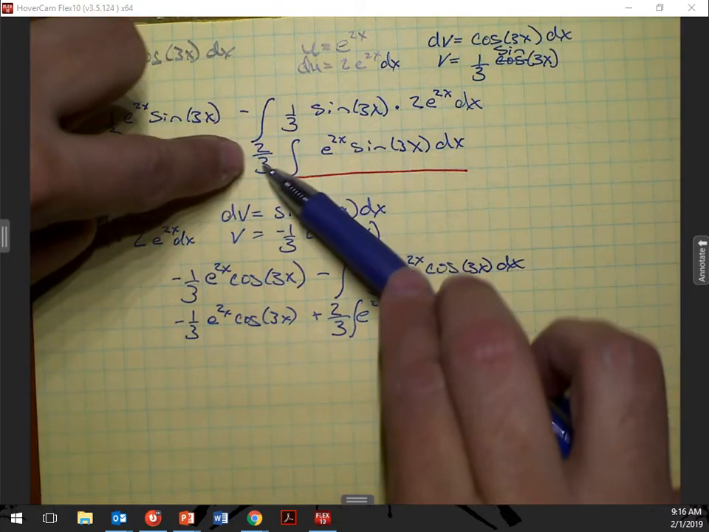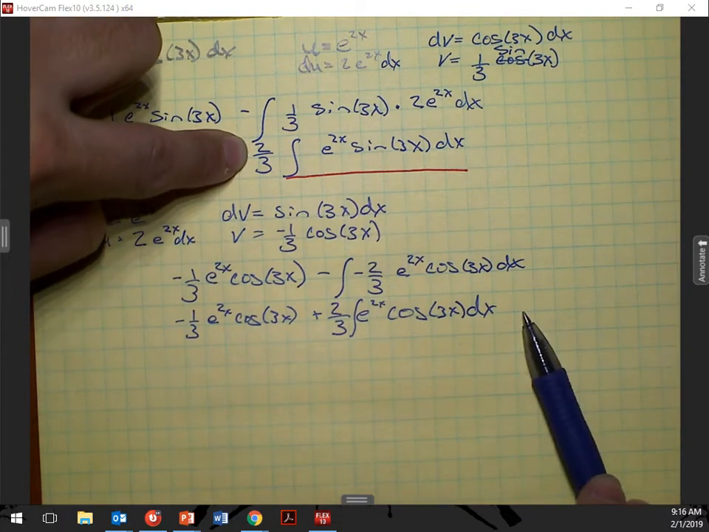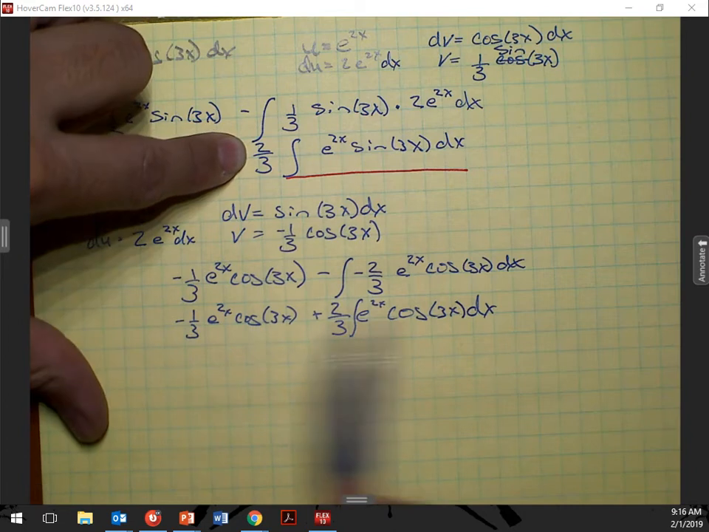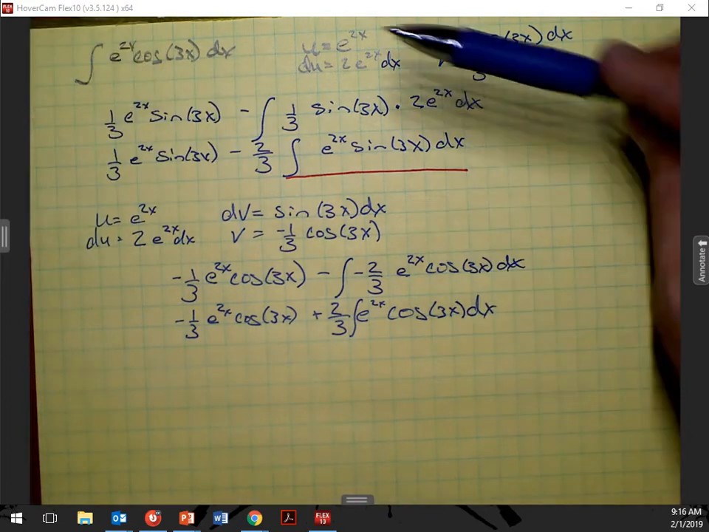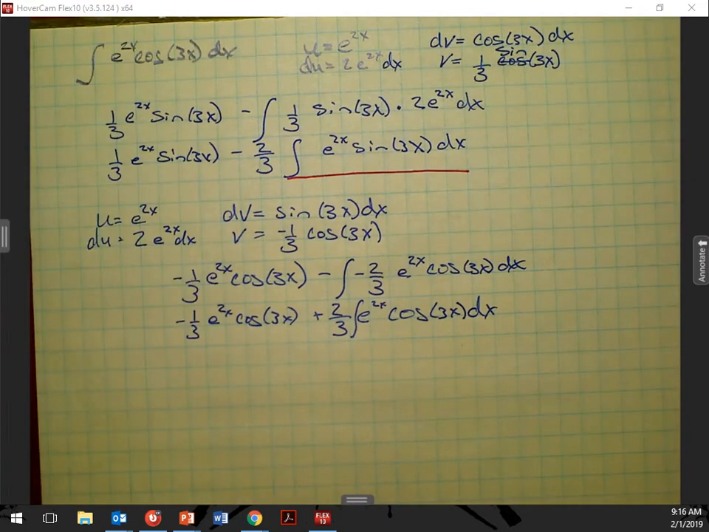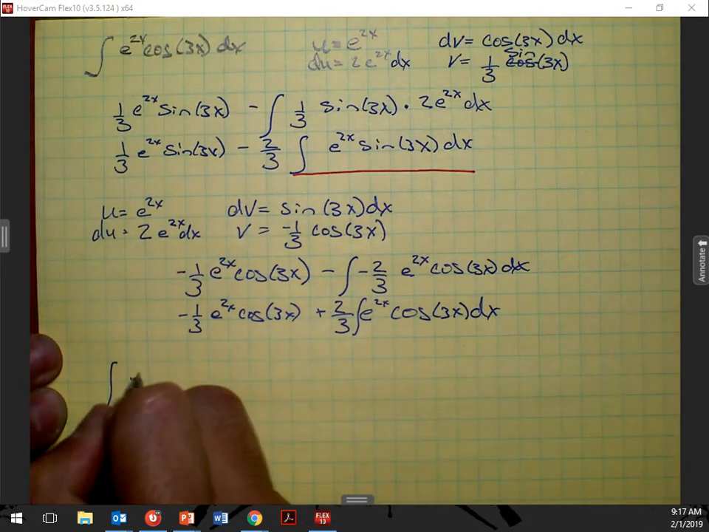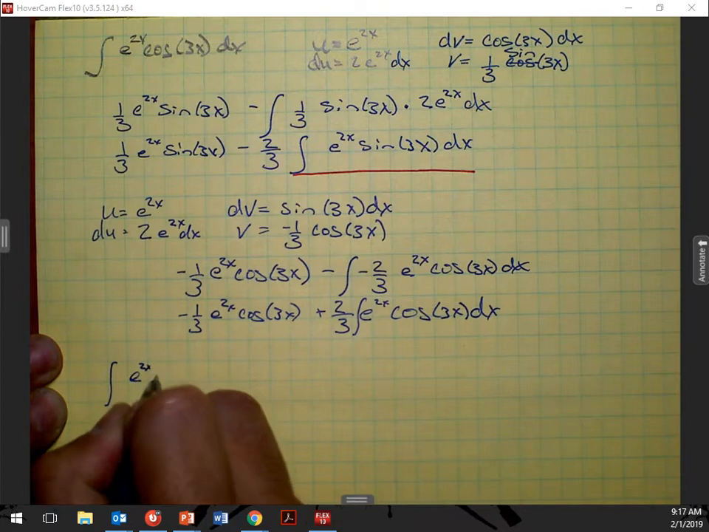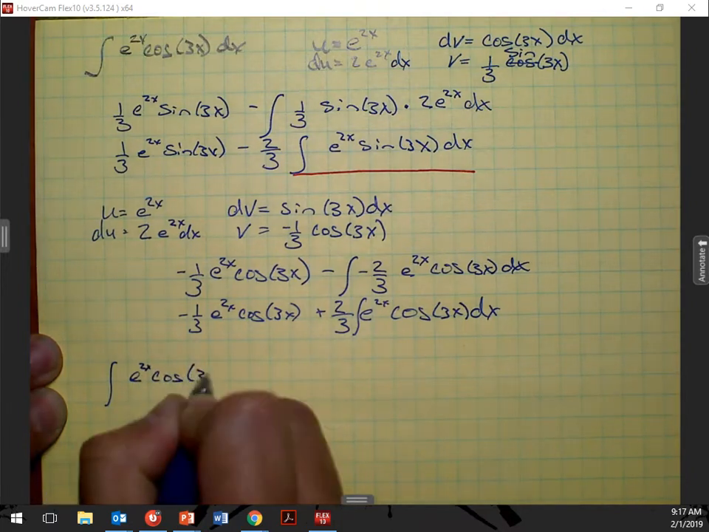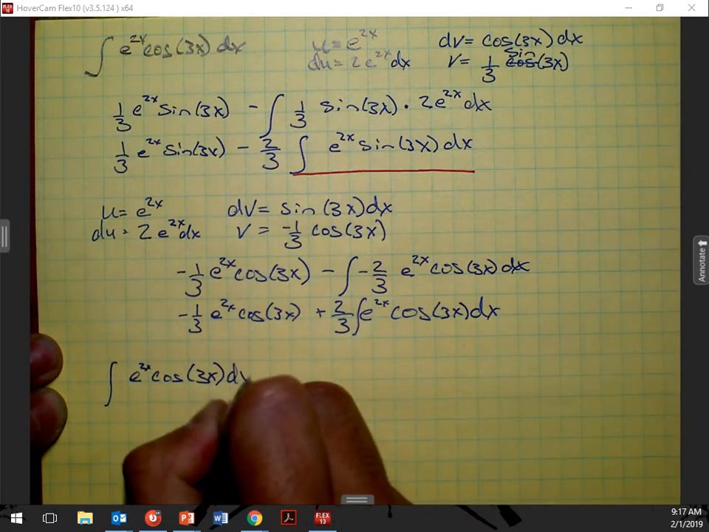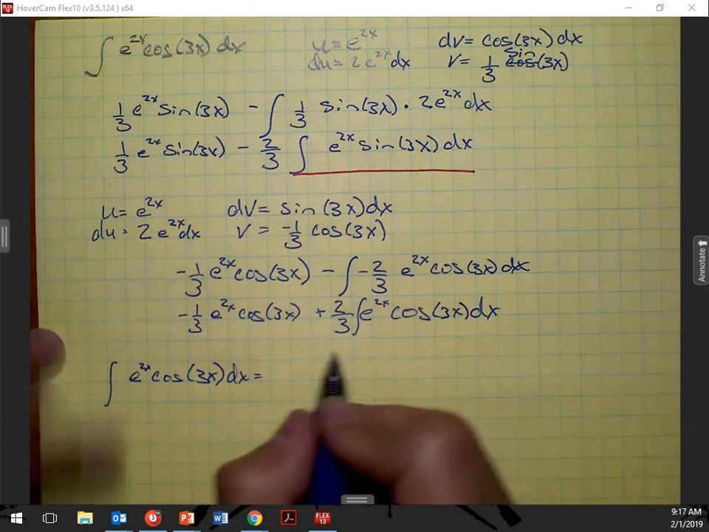So this is going to be in front of all of that, because when I did this using the method I have here, now I'm going to rewrite and bring everything down. I'm going to start off with my function. Okay, where did I start off? So it's going to be my integral of e to the 2x cosine of 3x dx is equal to,